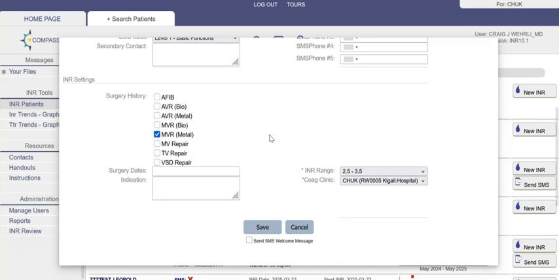Most of our patients will have one of these indications for warfarin. And this surgery history allows us to select or deselect why the patient is on warfarin therapy. You can also put down one or more surgical dates if you wish. And then there's a place for comments where you can add other indications or other